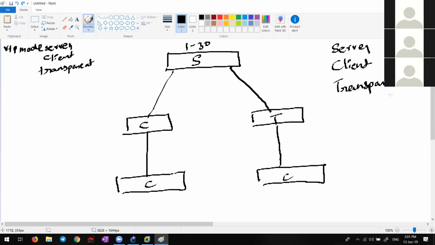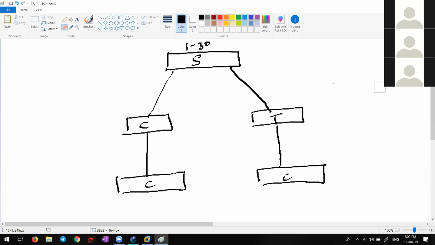Okay. Now, how are these messages sent? How are these messages sent, guys? What are the message types in STP? Sorry, VTP. What are the message types?